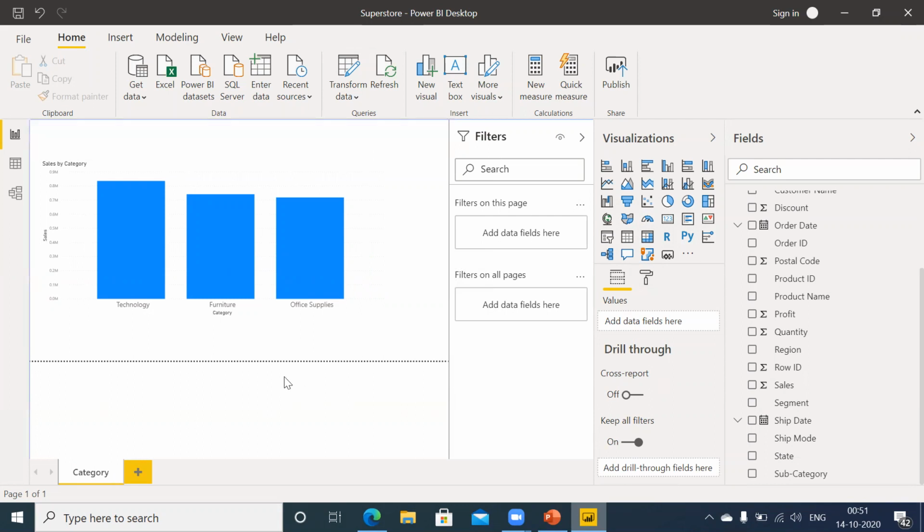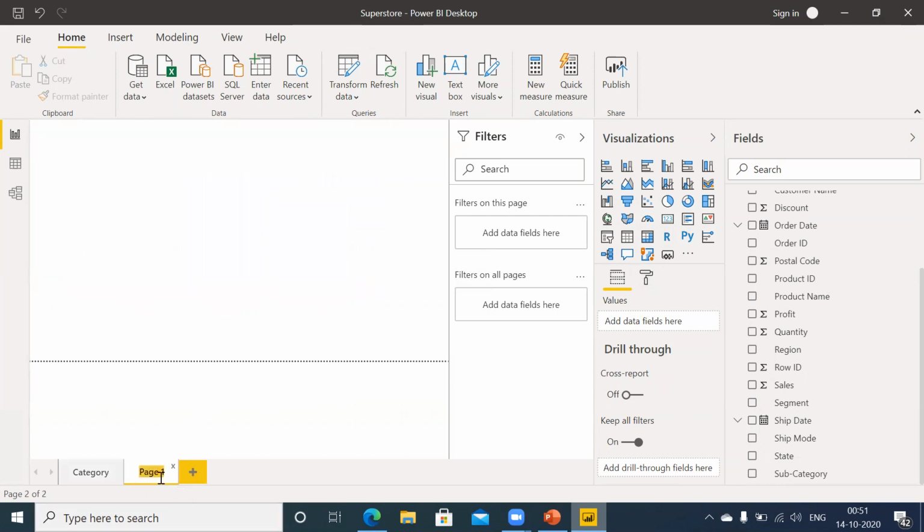Now in drill through basically you have to navigate from summary level to next level, detail level. So let me create another page and then subcategory. So this is subcategory.